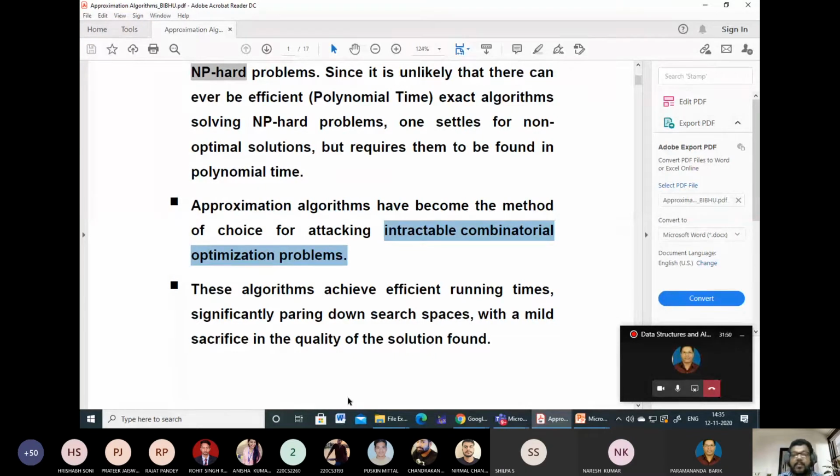If it is a maximization problem and you are moving more towards the low end, then the quality of the solution is going to affect your performance. Are you getting me? Let us say this is a scale: low values are to the left side, high values to the right side. When you divide your solution space, you try to land in the upper half, to the right, where you find the maximum value. Suppose you land in between, with a few points towards the minimum and a few towards the maximum, then you cannot have a better solution.